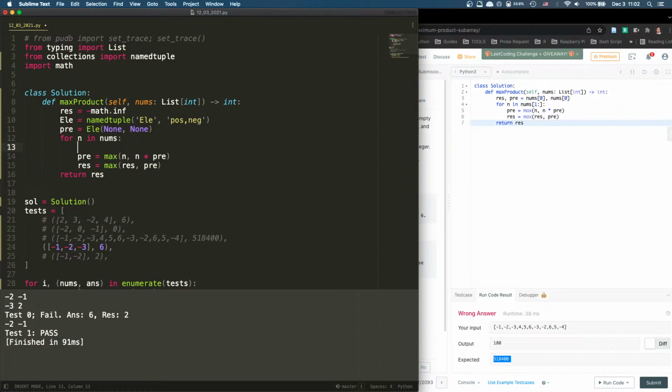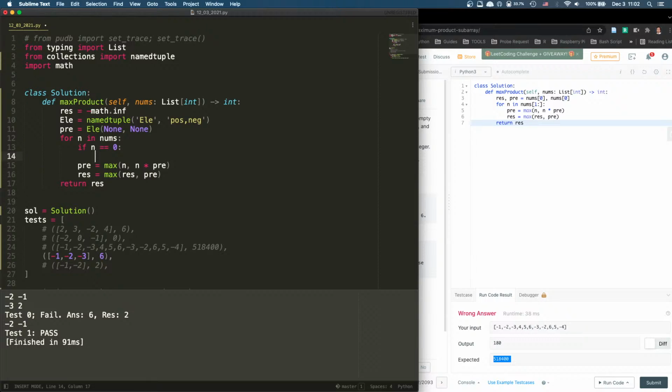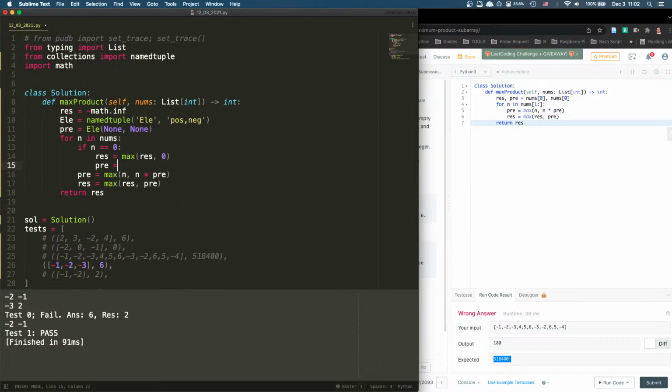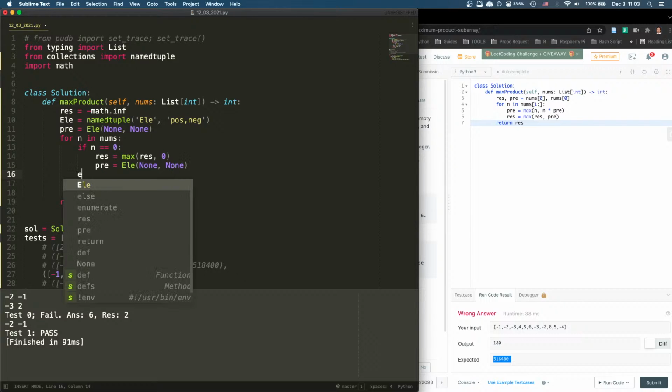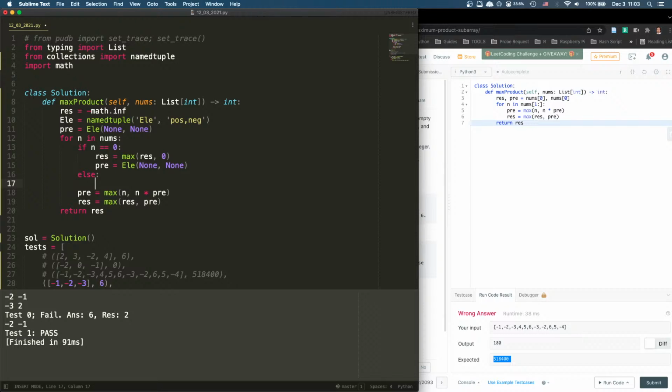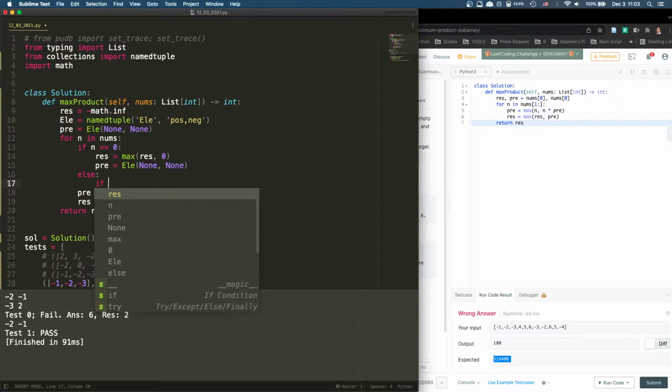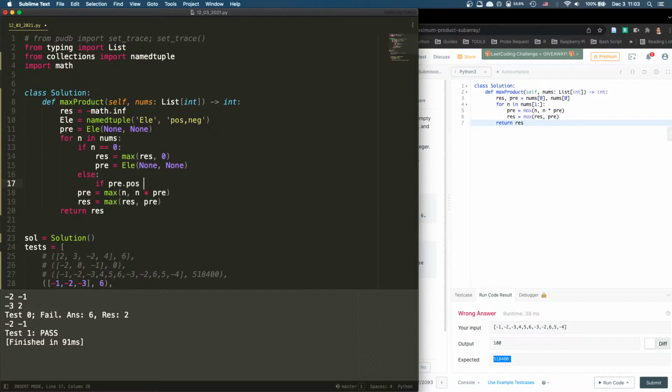If n is 0, right? If we have a 0, then res equals max, res is 0, and then we reset. So pre equals element none and none. Now, because it's a 0, we always reset it. Else, right? Now we're gonna see we have a value, and we say if pre dot pos is